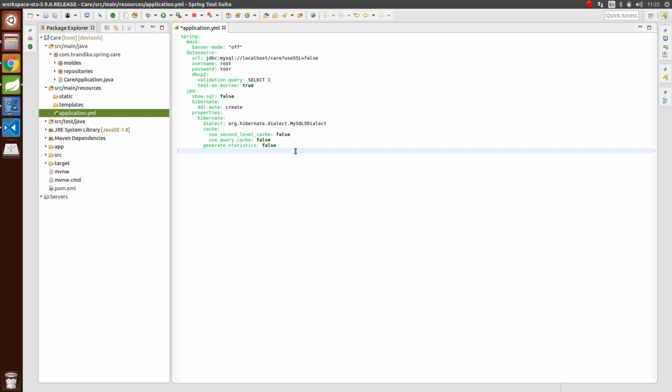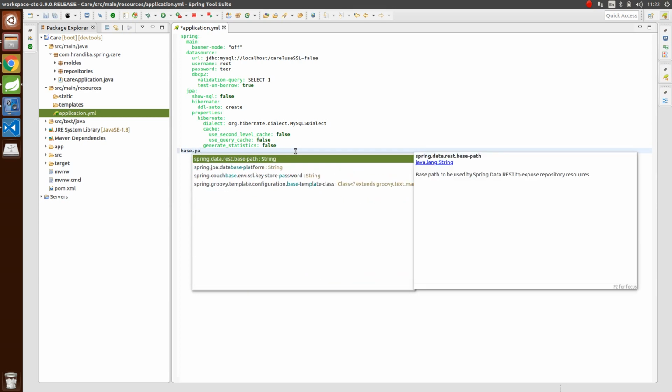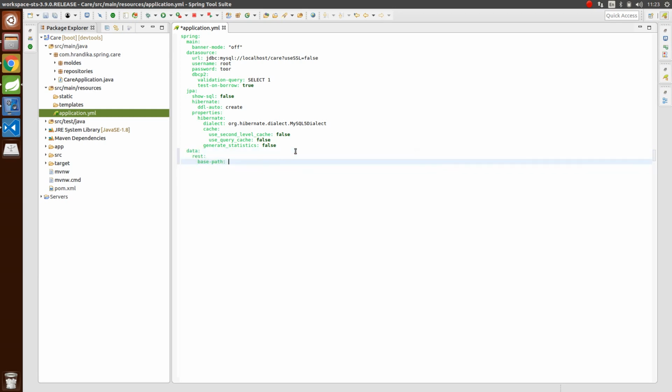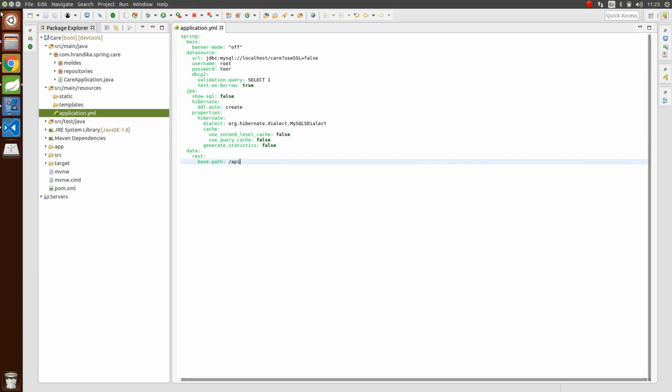You can get the same by typing base path, and Spring STS will give you suggestions here. So spring data rest base path, if you press enter here, it will ask for a base path. I will just say /api, and if you go to